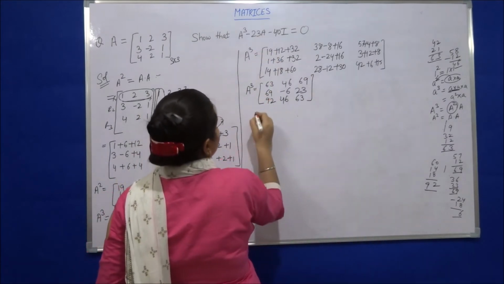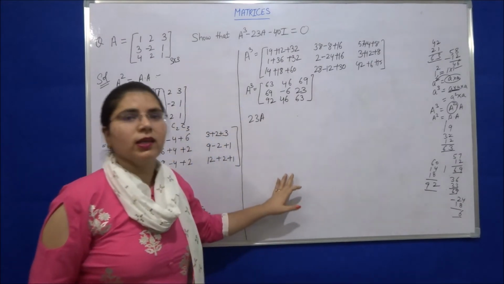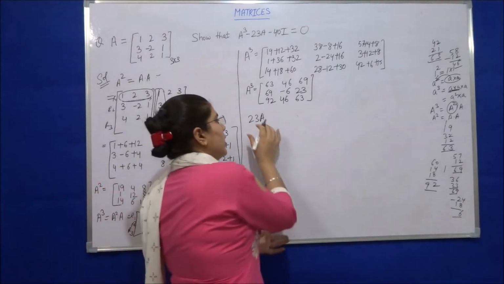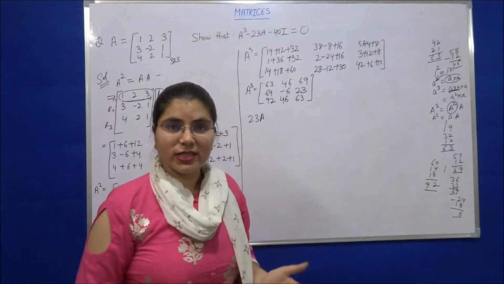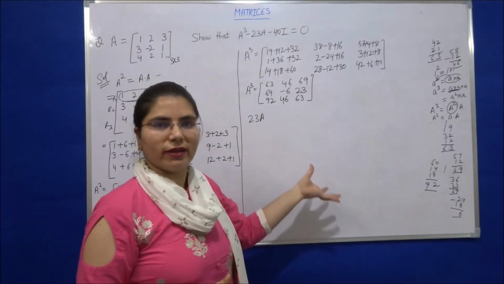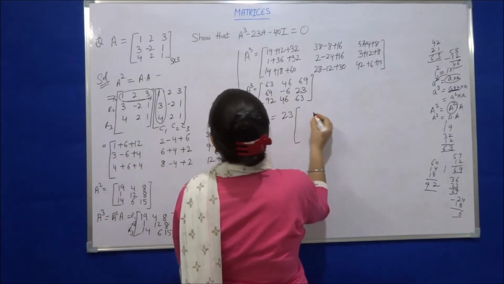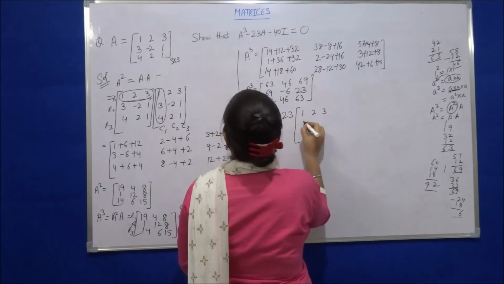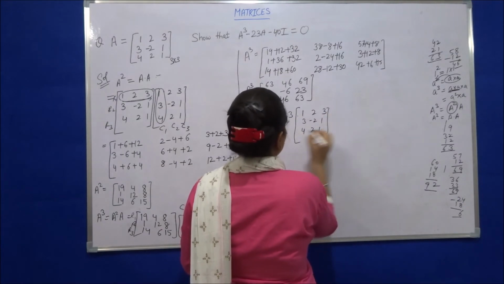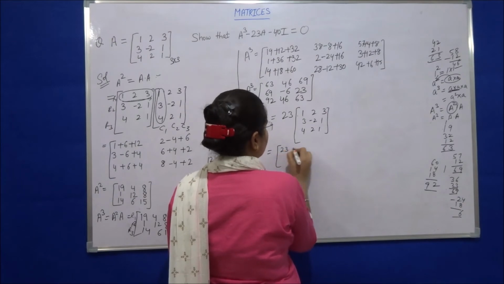Now we will find the 23a. Now students, we have done the scalar multiplication in operation of matrices. That is, whenever a scalar is multiplied with the matrix A, then we should multiply this scalar with corresponding elements of the matrix A. So we have to multiply 23 with each element of the matrix A. So matrix A is 1, 2, 3, 3 minus 2, 1, 4, 2, 1. So multiply 23 with all the elements. 23, 46,